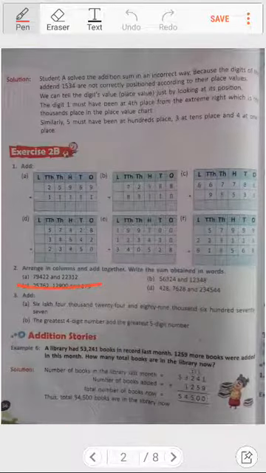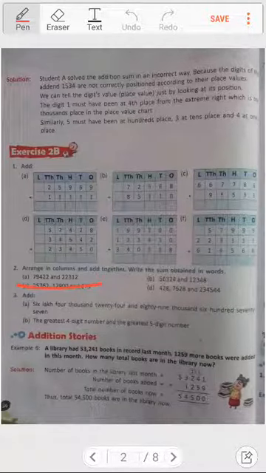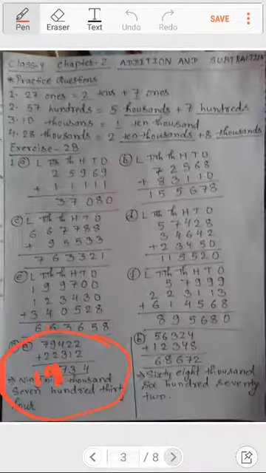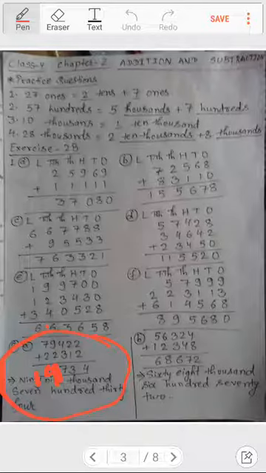If you see question number B over here, it has been written 56,324 and 12,348. So what we will do, we will add these two. Even students should sit with the book and watch the questions. In questions a digit might be written wrongly, as you can see, 1 had happened.